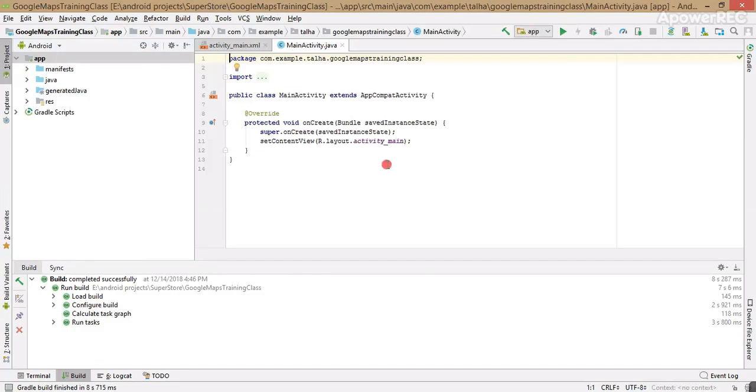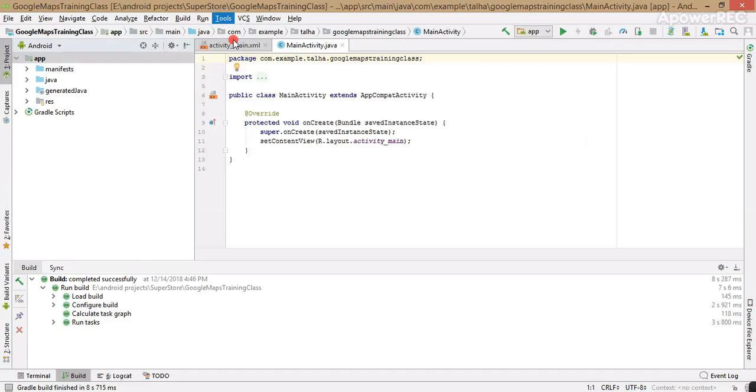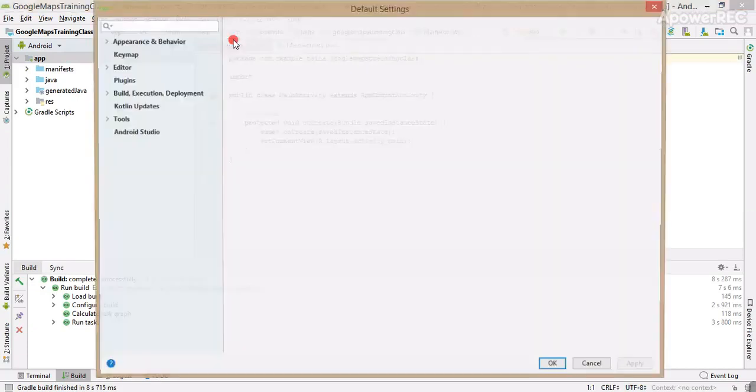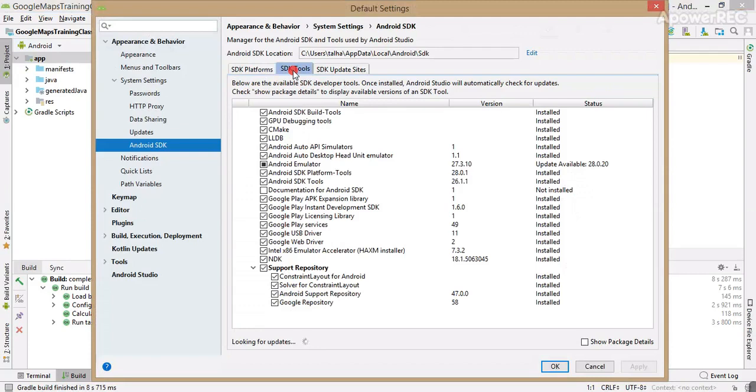Now friends, we are going to make sure that we have Google Play Services SDK installed in our project. So just go to tools, click on SDK manager, and click on SDK tools. This is support repository, expand it, it's already expanded, and check Google repository.